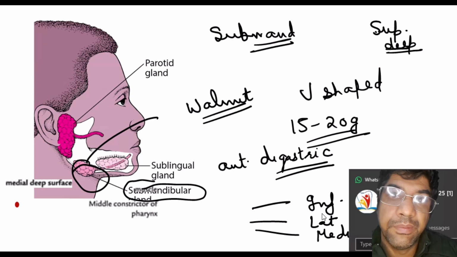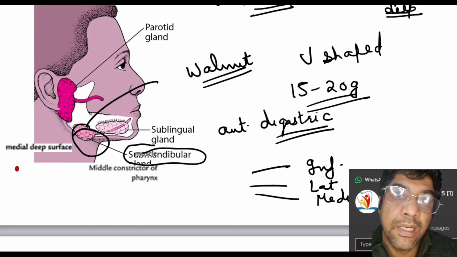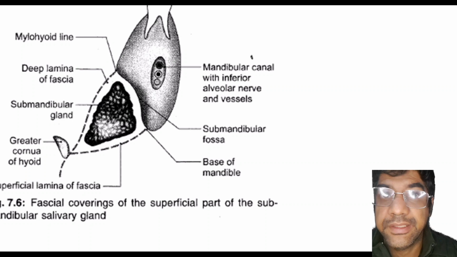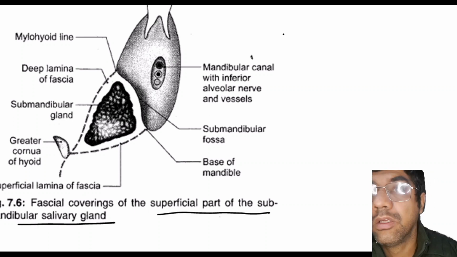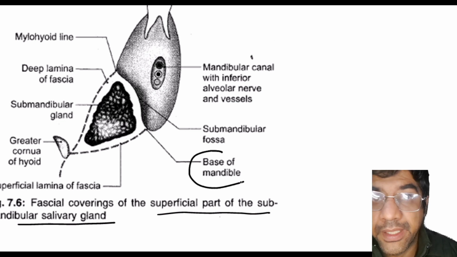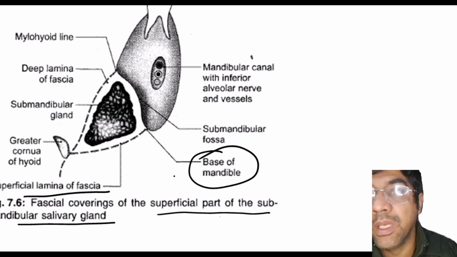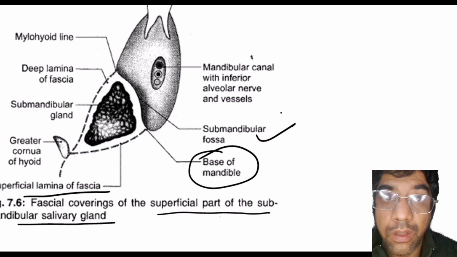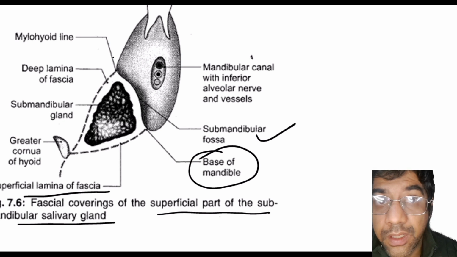So three surfaces, remember, are the inferior, lateral, and medial. So these are the covering of the superficial part of the submandibular salivary gland. So we discussed that the superficial layer covers the inferior surface and is attached to the base of the mandible, while the deep layer covers the medial surface extending to the mylohyoid line of the